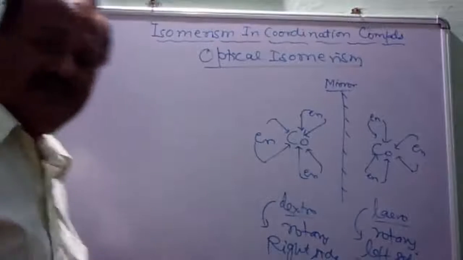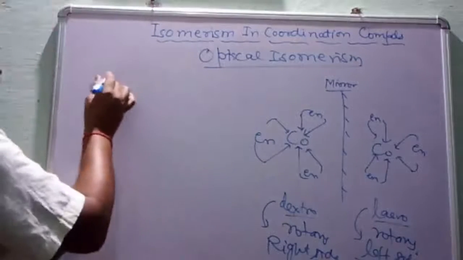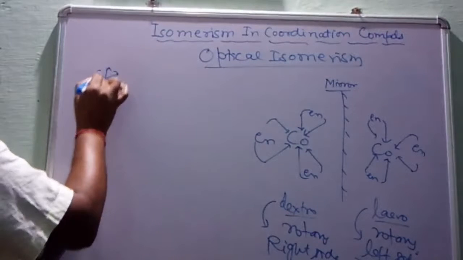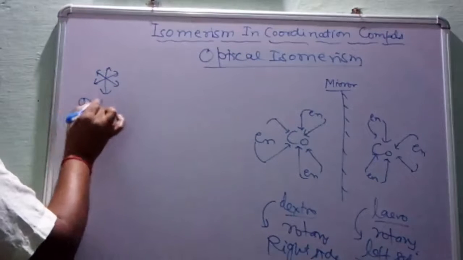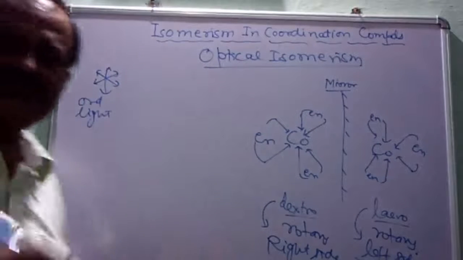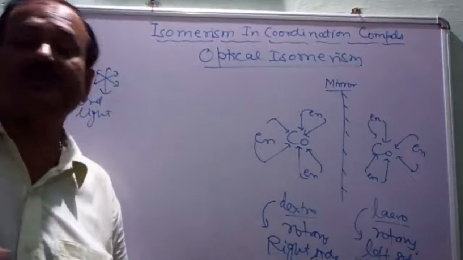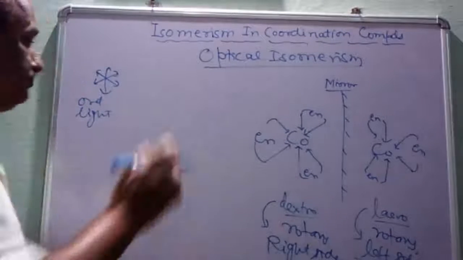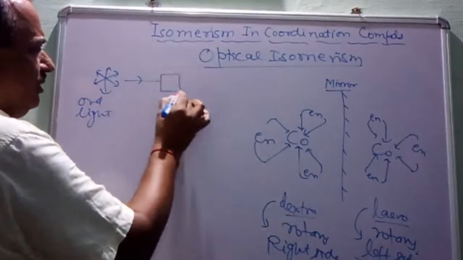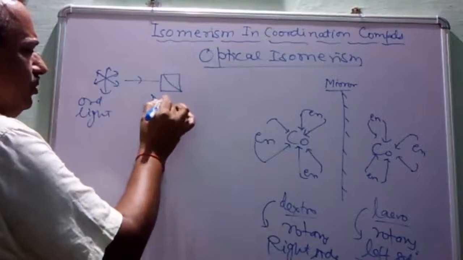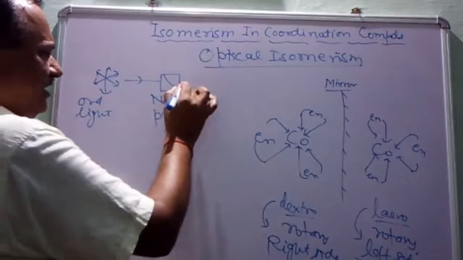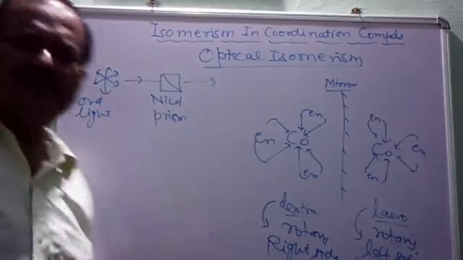Ordinary light has photons, and in ordinary light the photons rotate in all angles, that is 360 degrees. The photons or quanta rotate in all directions. When this ordinary light is passed through a Nicol prism,